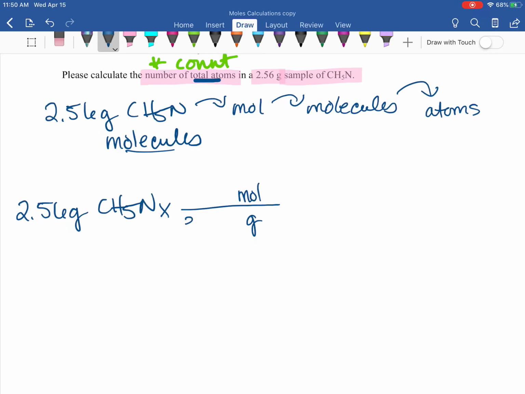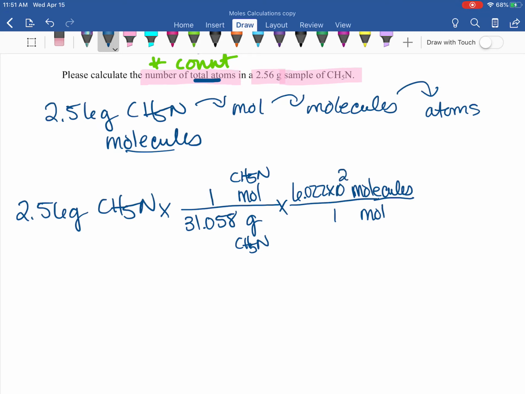All right, let's convert that grams to moles. So we're repeating again. That's that 31.058. And then I want to keep track that I still have that methylamine is all stuck together, and we haven't broken any bonds yet. And then we're going to convert to molecules, because remember, you still have them all together. Okay, we are going to molecules